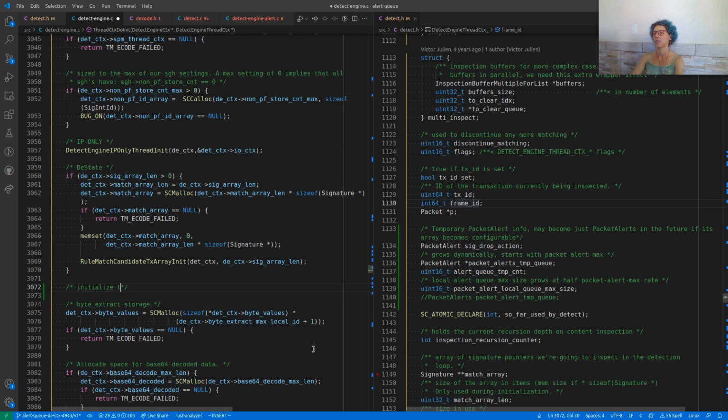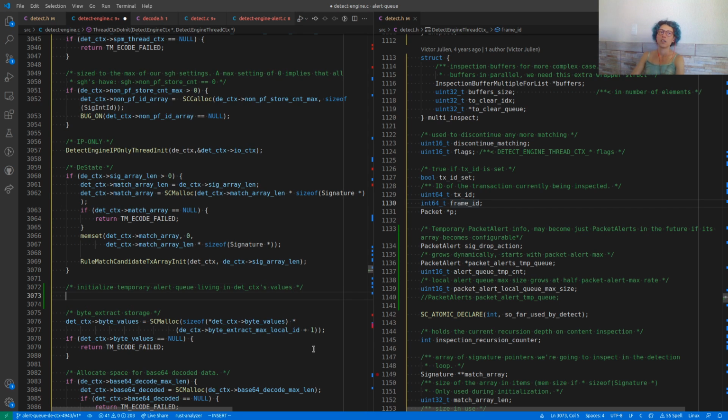Initialize temporary detect alert queue living in, right. What do we want to do here?